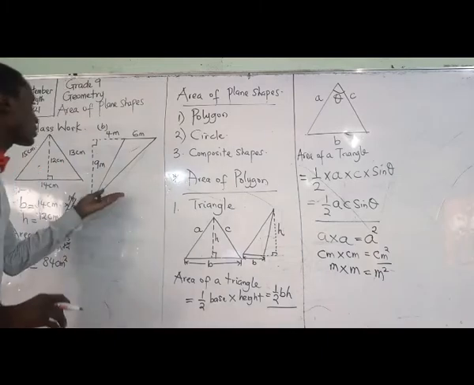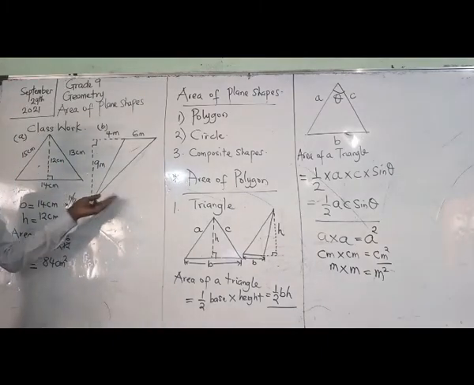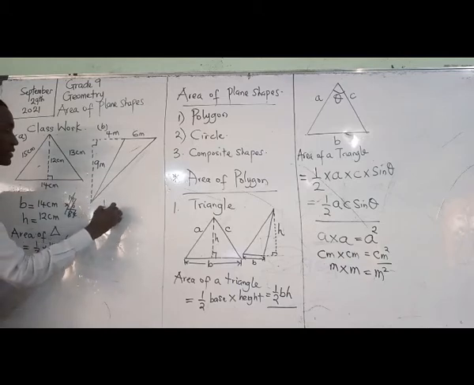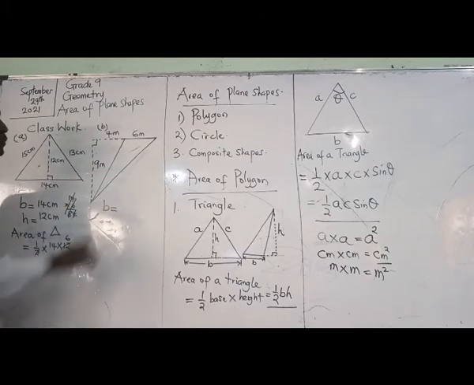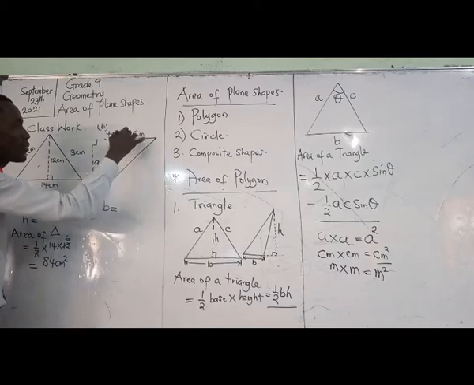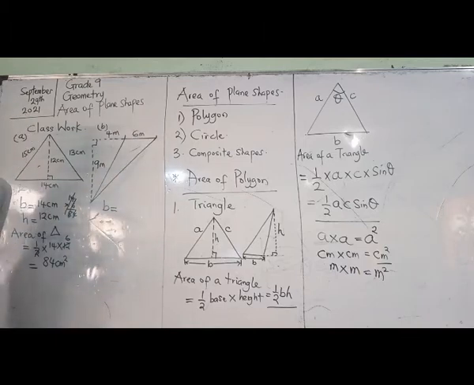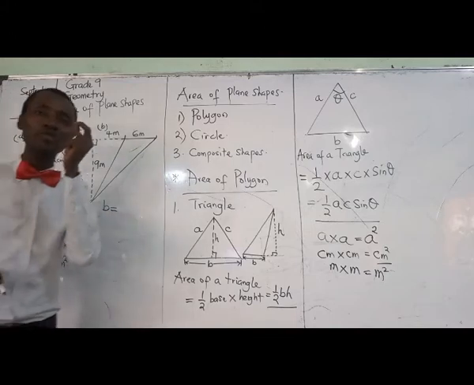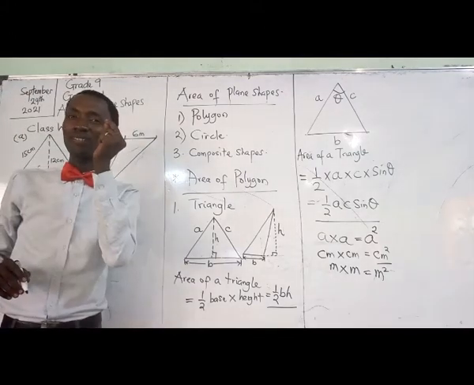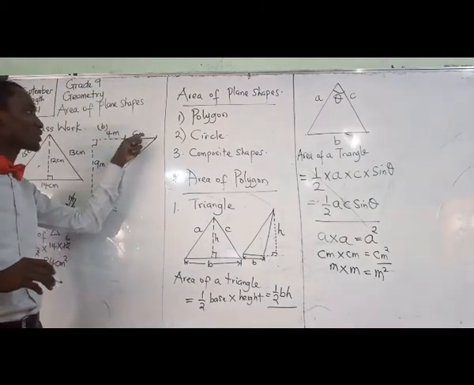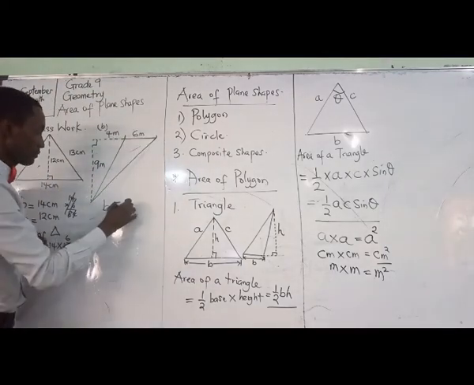Okay, so we come to this part. Here, the base. What is the base? The base is not all of this. The base is from here to here, and that is 6. That's what they expect you to be able to decode in this kind of exam. So you must know that the base is not this plus this, but simply what? 6